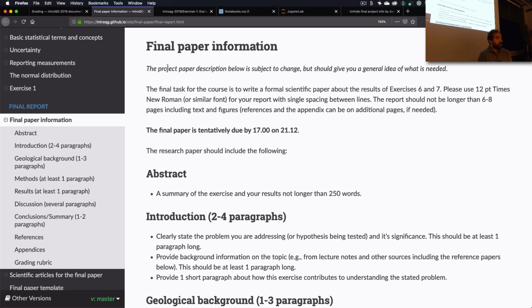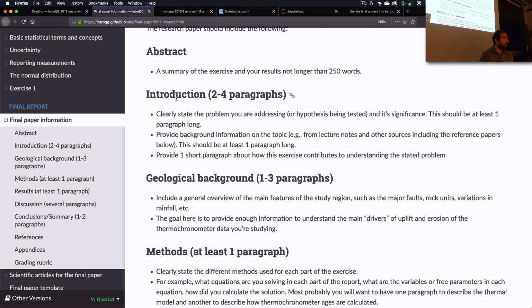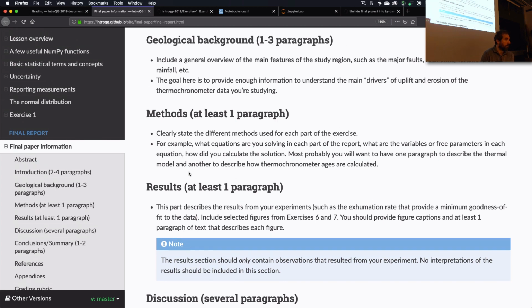Basically, it takes the things that you produce, the plots you produce, and the code that you write in exercises 6 and 7, and has you gain some experience with writing a short article in the format of a scientific journal article. So you can think about this as a sort of mini thesis in terms of its structure, or like a typical scientific article in the sense that you have an introduction, geological background, methods, results, and then some discussion section. If you've looked at journal articles, they pretty much all follow